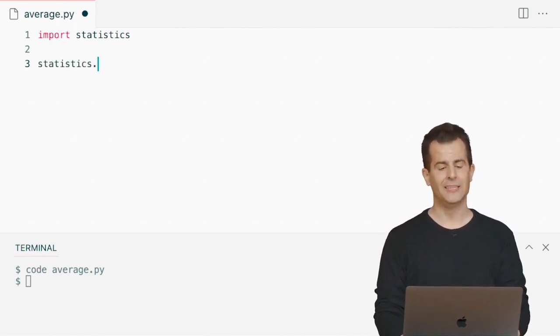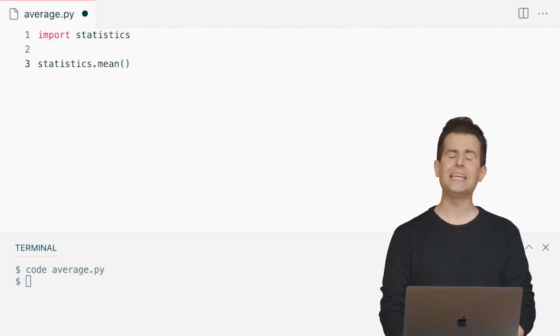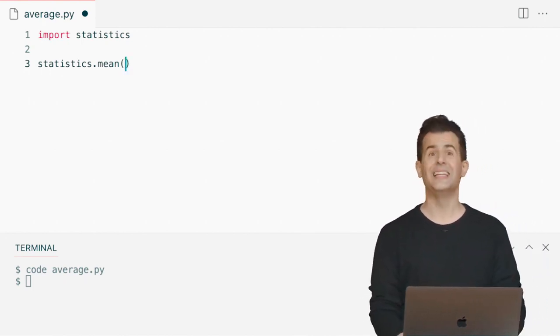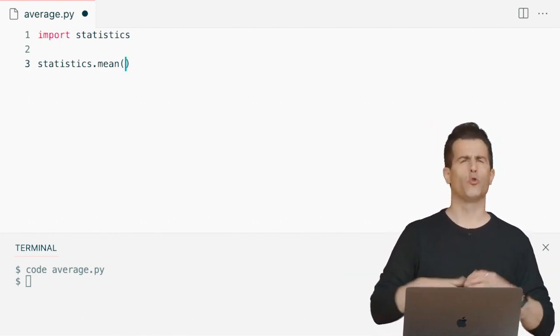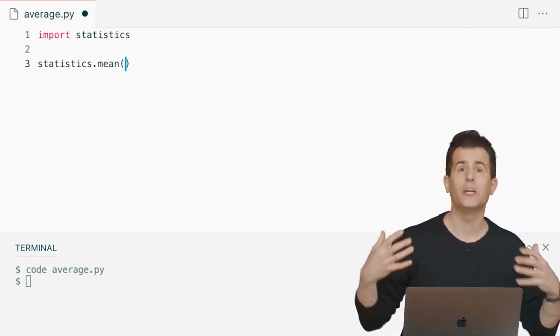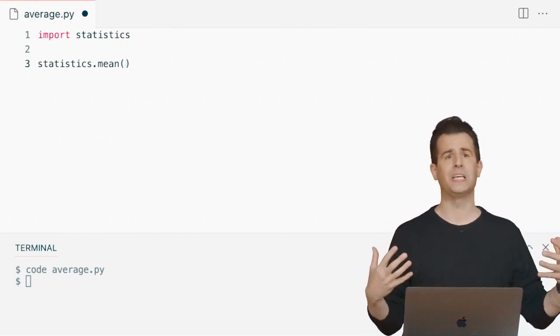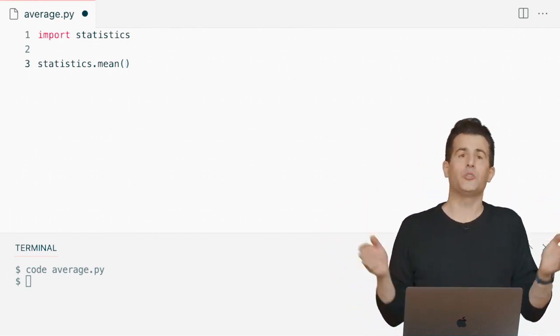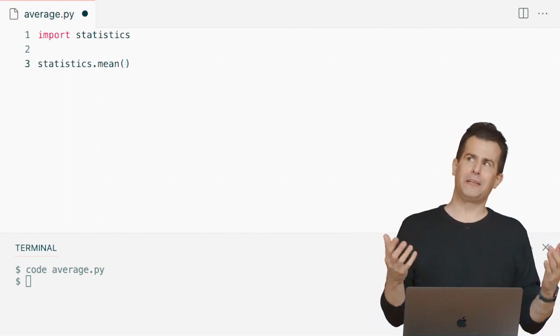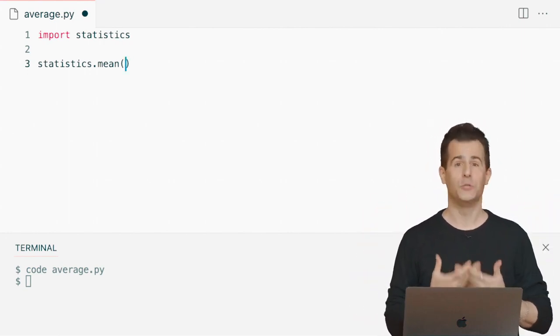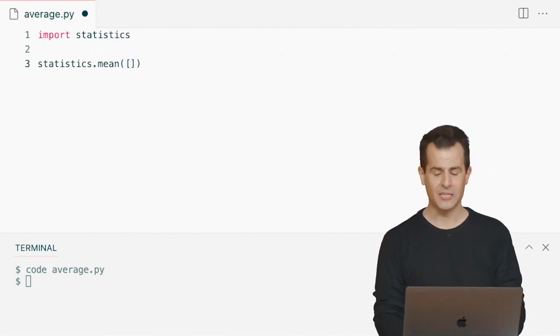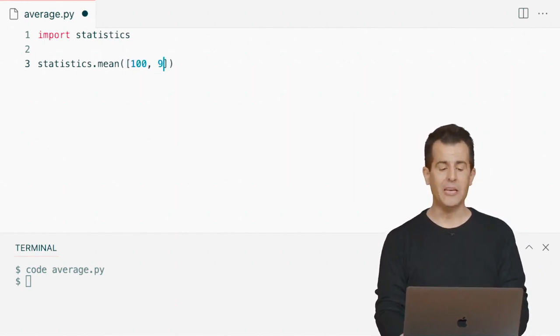And I'm going to call statistics.mean. And I'm going to pass into this function mean a list of some values. And let's suppose that I'm quickly trying to calculate what my current grade average is in school, and I did really well on my first test and I got 100%, and on my second I did well but not as well and I got a 90. And ironically, I'm not very good with math, so I'd like to figure out what my average now is between those two tests. So let me go ahead now and in this list type in the number 100, comma 90,